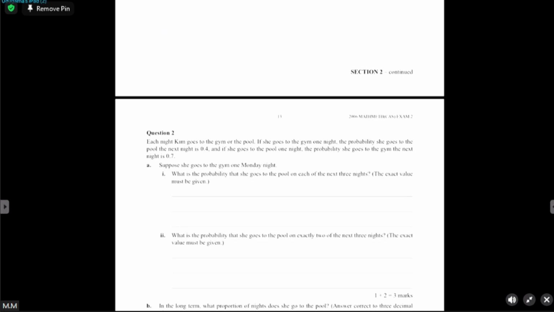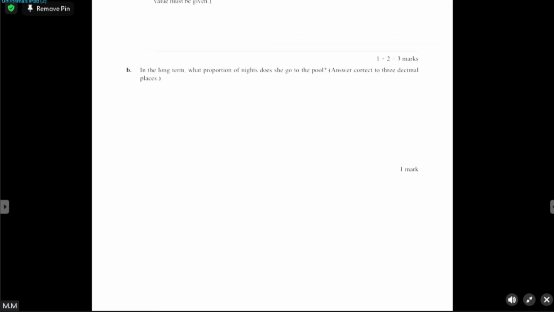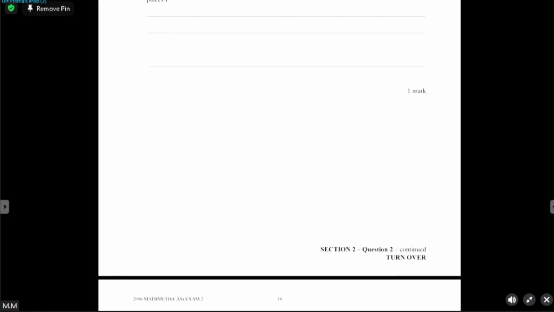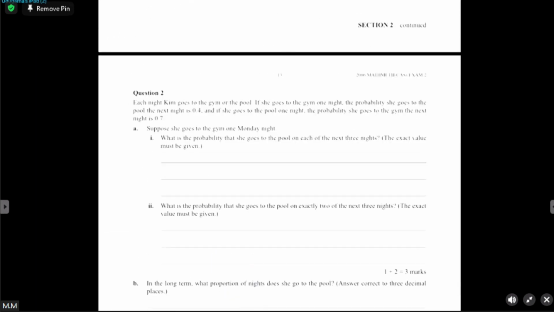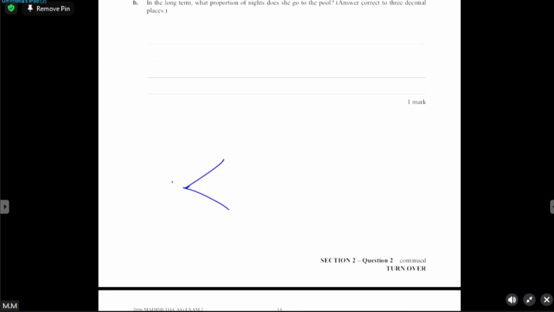Okay, so probability. So what I want to do first is draw a nice big tree diagram, and it says that she went to the gym on Monday night. So on Monday, actually,